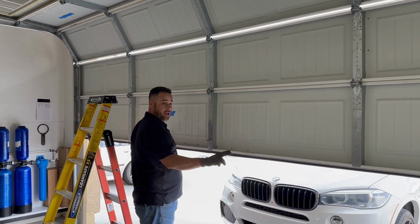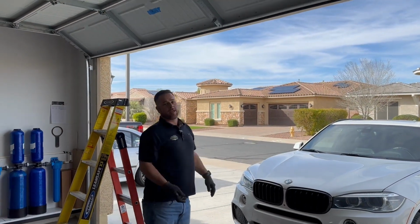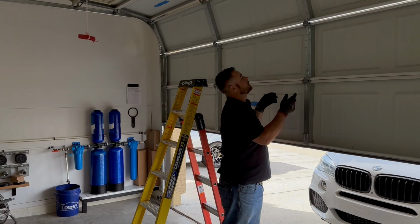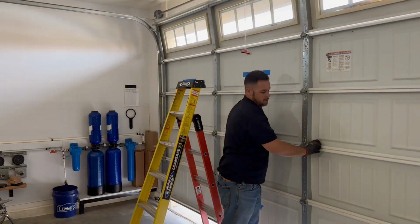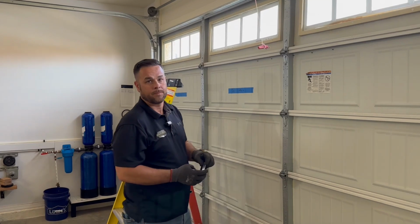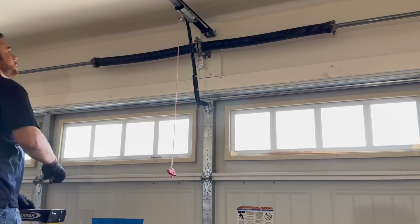You can see it wants to stay halfway and stay up. And the way you know you didn't put too many winds on the springs is it still stays down. If it was too tight, the springs would want to pull it back up. So now we need to check to see if my springs are going to be big enough